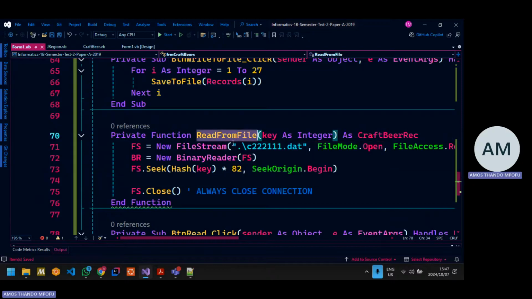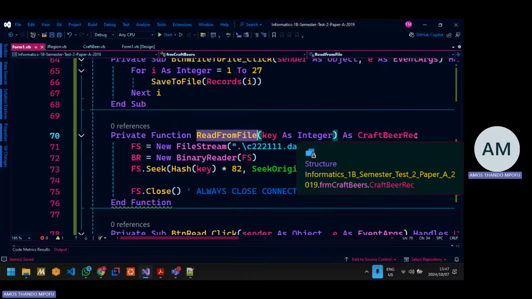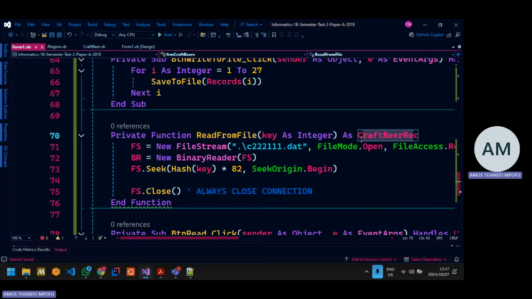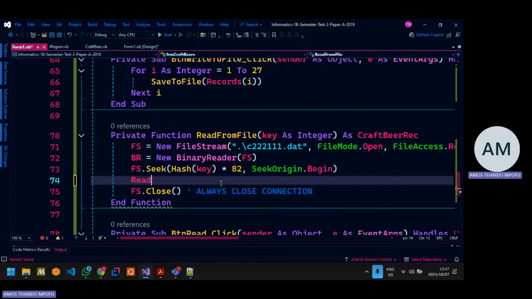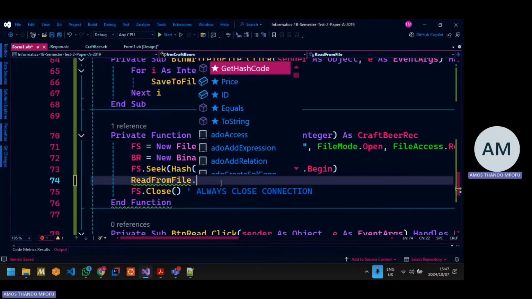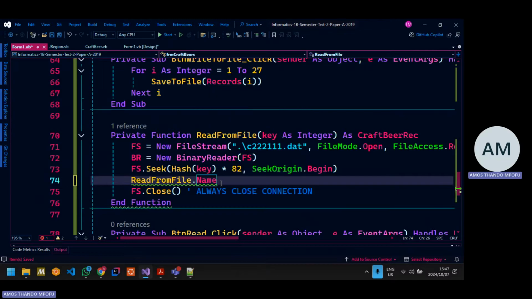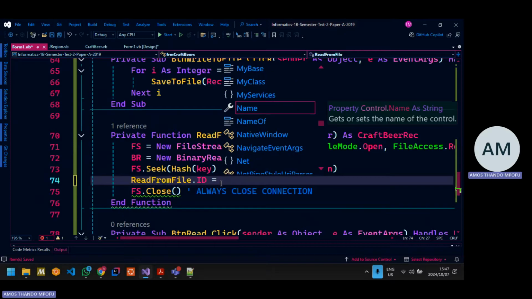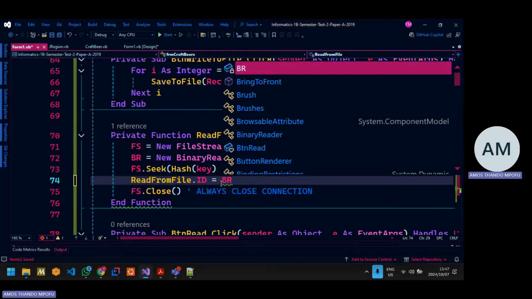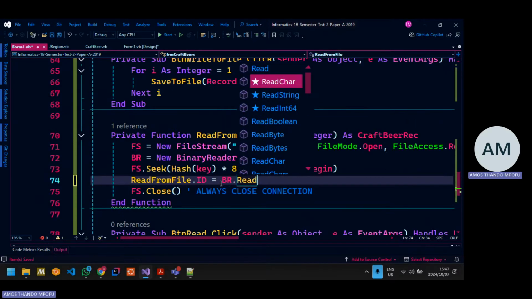Remember the name of the function, we can use it as a variable. Look at the data type of that function name. It's craft beer rec. So I'm going to say read from file. You could create a local variable, that's up to you. And I say dot name, right? Okay, let's start with ID. Dot ID is equal to br dot read int